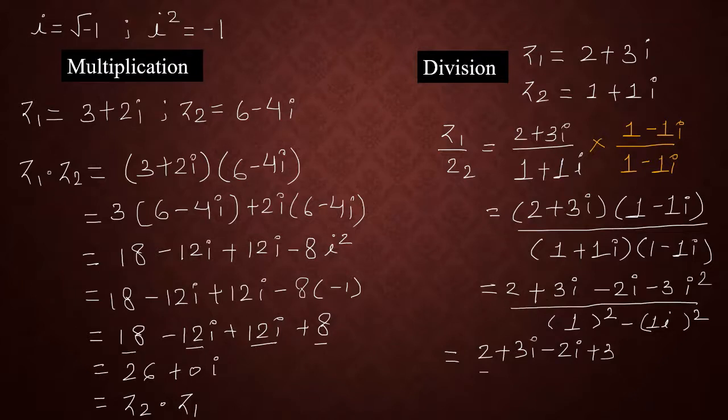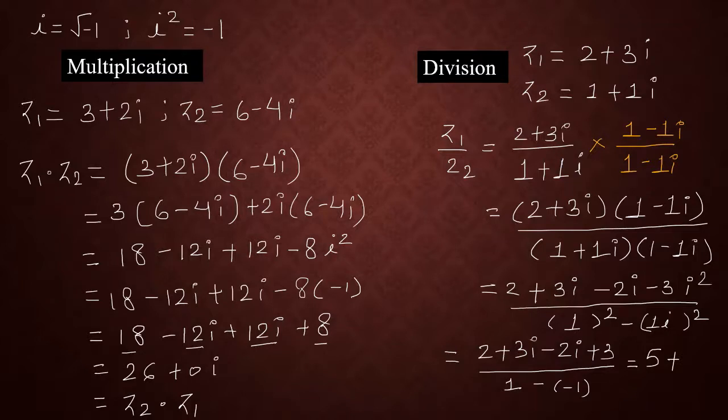And the denominator gives you 1 square is 1, and in between there is minus, and i square is minus 1, therefore overall we get 1 here. So in the next step we add and subtract the like terms, that gives you 2 plus 3 gives you 5, and